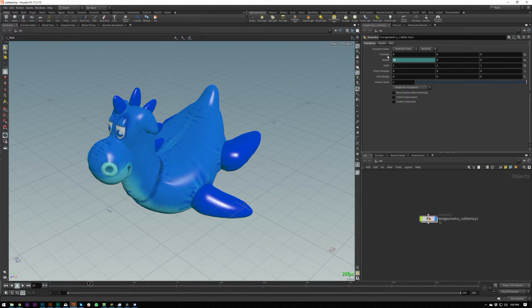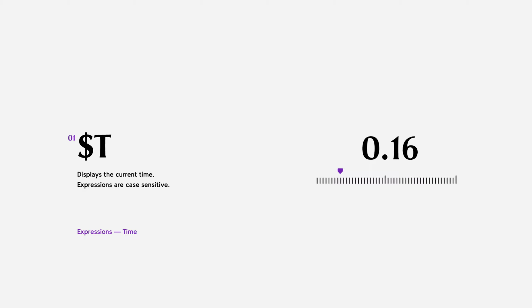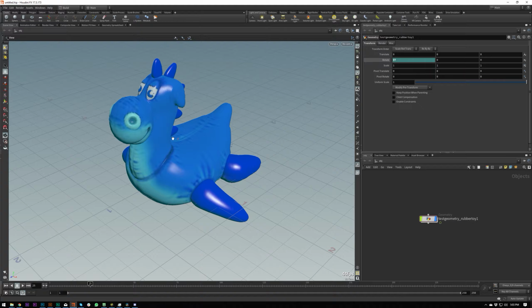and we've got 25 up here. Another one is $T, which is time. What this is going to do is take the number of seconds. It's going to be seconds instead of frames. So you might be like, oh, I'm at 25, so why isn't it 1? That's because we start on frame 1 in Houdini. So you go to 26 and it will equal 1. And this is a lot slower,